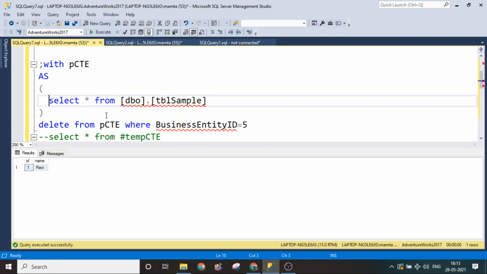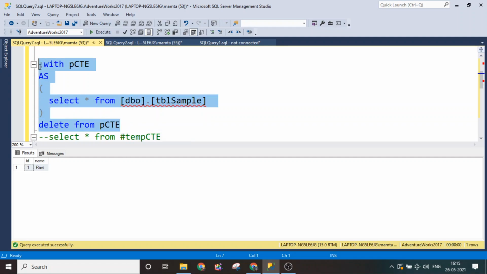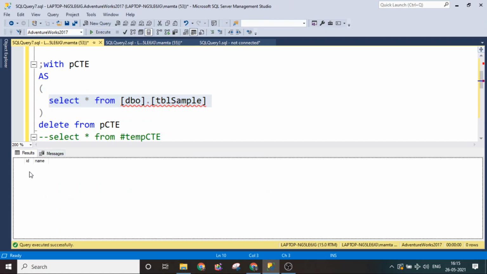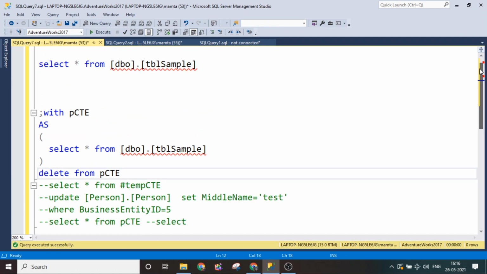Since there is only one record, there is no need for a where clause; otherwise you can put the where clause as well. Here one row is affected and deleted. Now there is no record, only the structure or schema of the table is displayed. So this way you can delete records with the help of CTE.